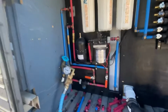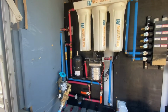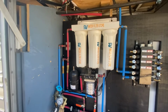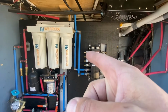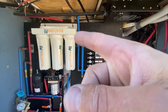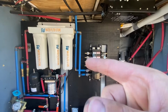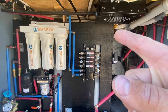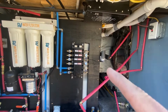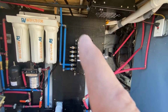And so I've gotten this side all plumbed up and everything pretty well straightened up, ready for getting in the rest of the cold lines to go up and connect, which I've already done. I made sure we had kitchen water last night, so the kitchen sink was hooked up. Now I just got to finish plumbing in the shower and sink line, which the washer line is right up here. There it is. And then I've got to also run a line from this side over to the water